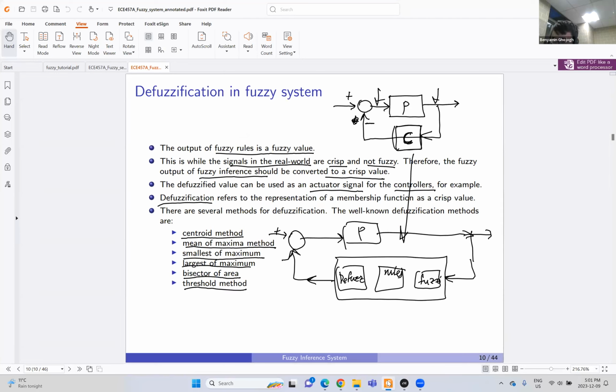So threshold method, yeah, we can also have threshold method if you remember, prior to any other defuzzification method, right? So it's a meta algorithm for defuzzification, and it can be used along with any other defuzzification algorithm. What about bisector and